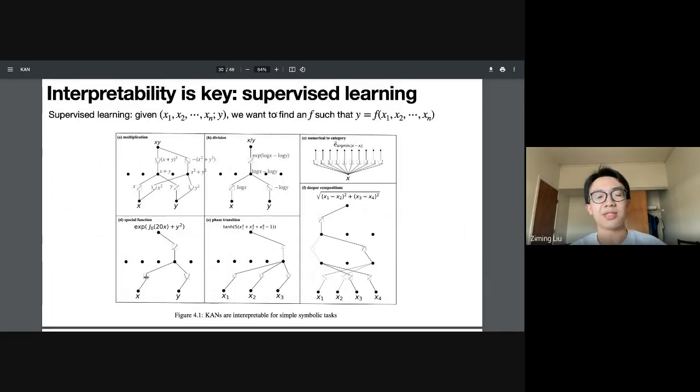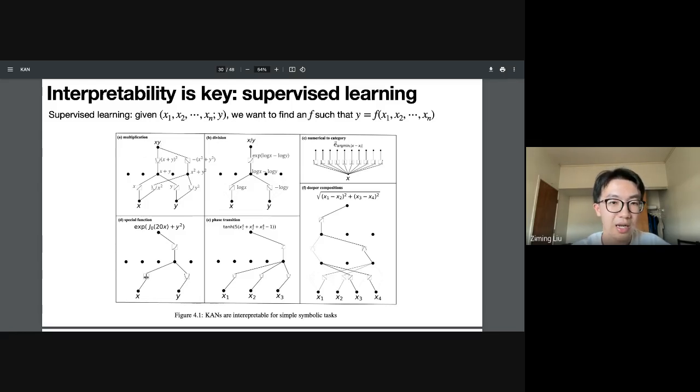So the second point is interpretability. Usually we are faced with this task where we have some input variables x1 to xn, and some output variable y, and we not only want a black box model to fit the function, but also to understand what's happening under the hood. And here KAN provides you some